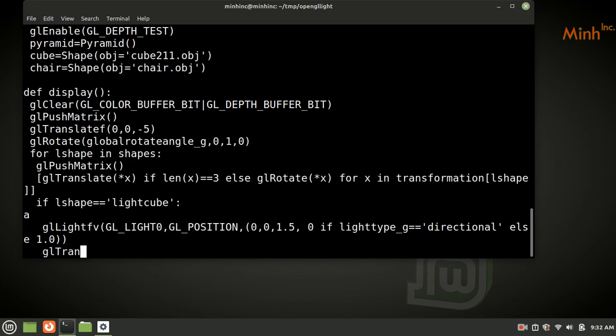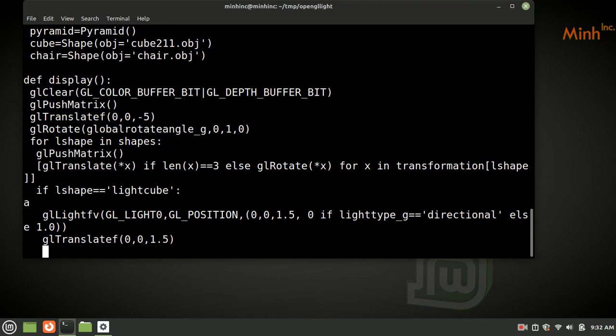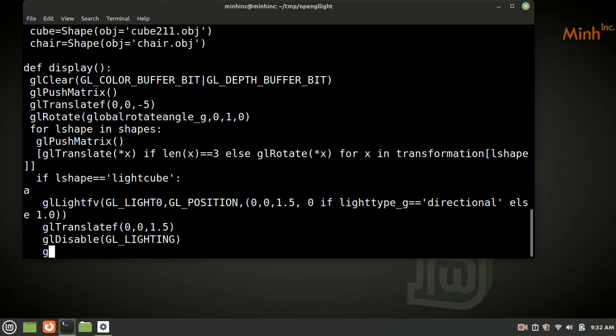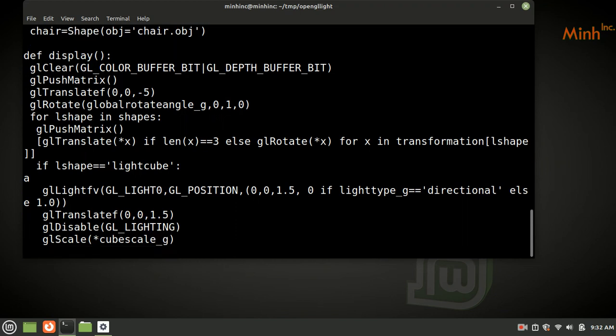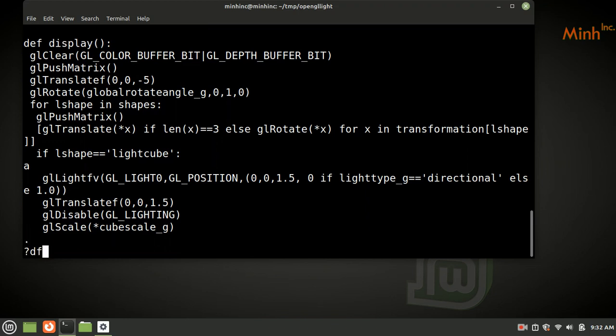GL translate 0, 0, 1.5, and we'll draw. GL disable GL lighting, GL scale, cube scale G. So we will scale as per the, so we'll use floating point. So depth display,